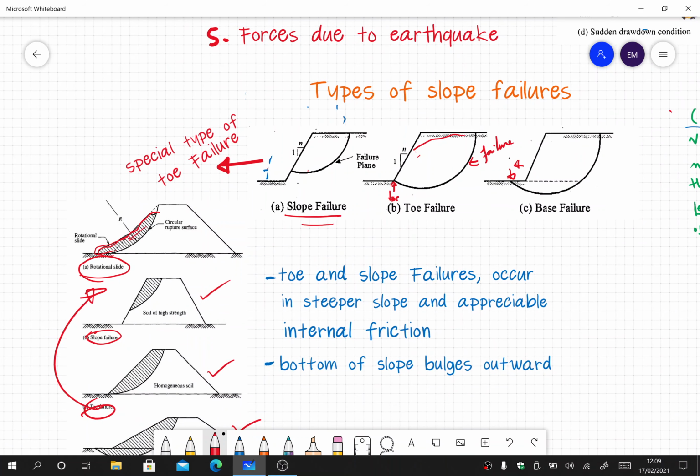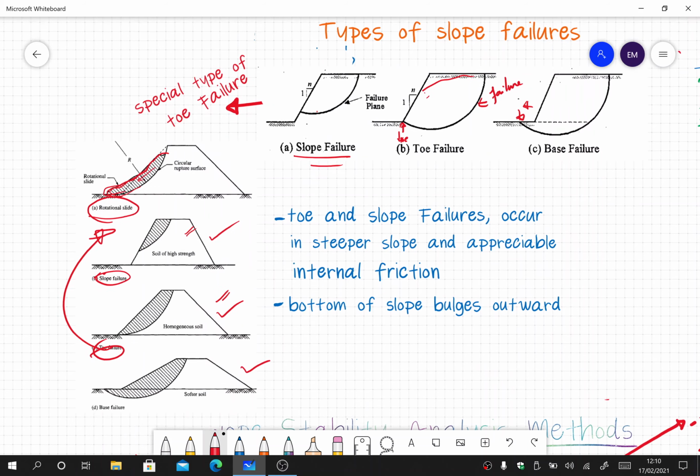The slope failure is a special type of toe failure, where the failure plane is above the toe, but we can call that a special type of toe failure. Toe failures and slope failures occur in steeper slopes, where we have appreciable internal friction, that means high values of phi. What happens is that the bottom of the slope bulges out. This was a toe failure and all of the mass has moved out, so this is also called a rotational slide because the whole mass has rotated forward. This is an example of a slope failure, this is an example of a toe failure, and lastly we have an example of a